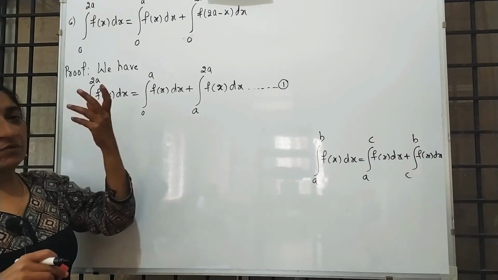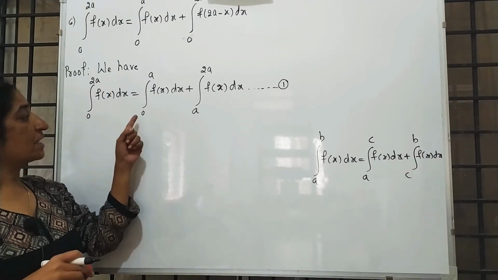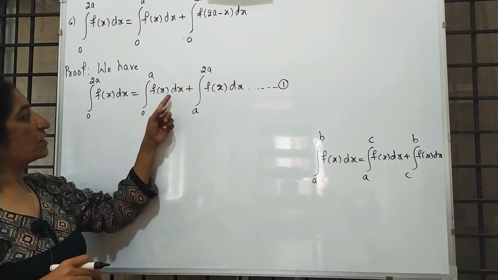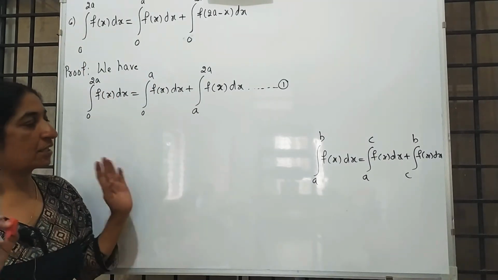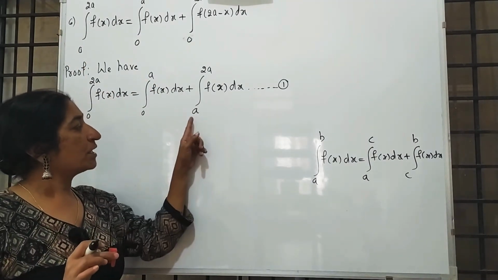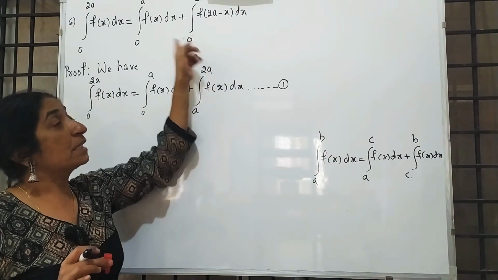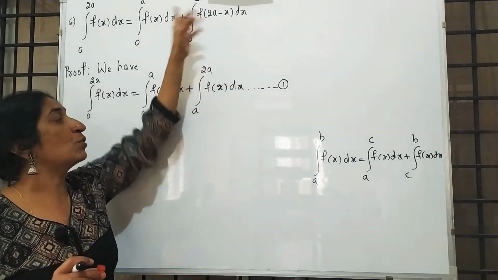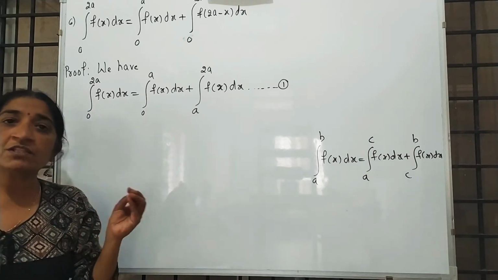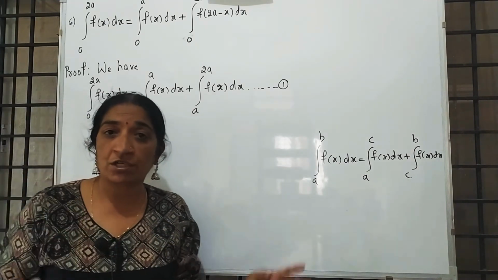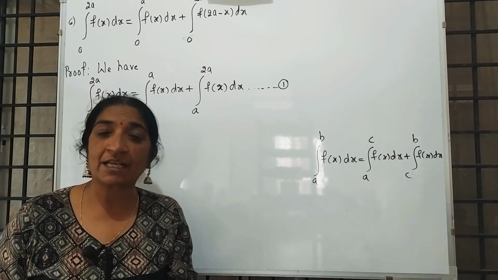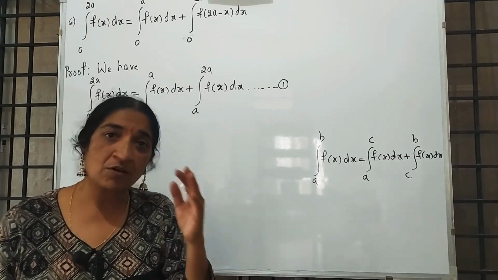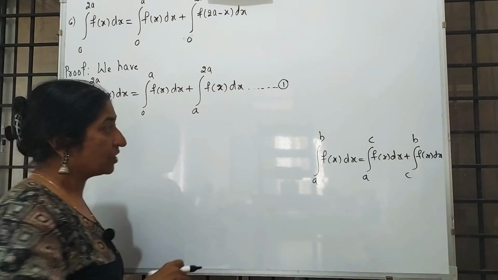Left side is same, don't worry about that. See the first integration 0 to a of f of x dx, that we required in the result, that is balancing. Coming for the next one, it is a to 2a, but in the given result it is 0 to a. That means whatever the changes, whatever the substitution you are making, that substitution will be in the second integration. On the right side, in the second integration we have to make the changes.